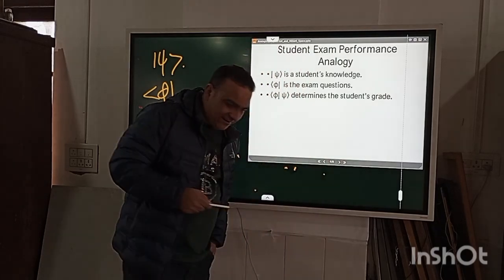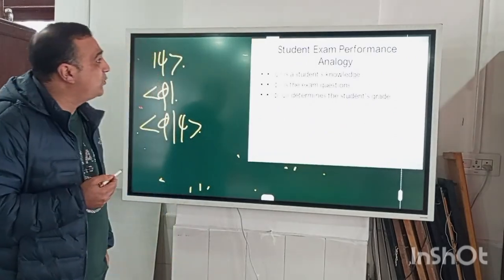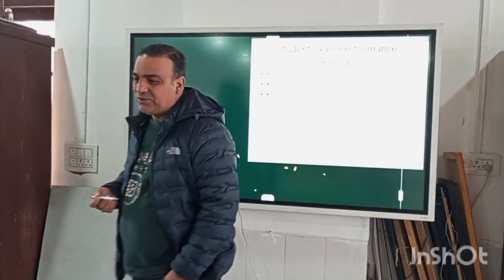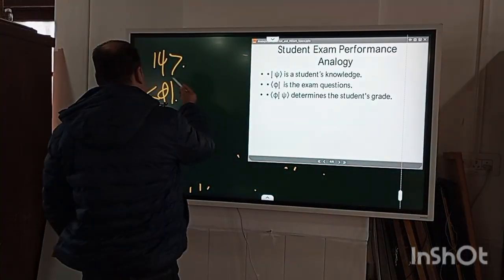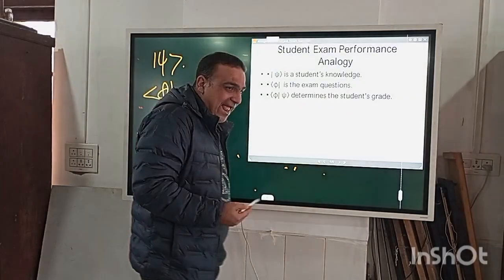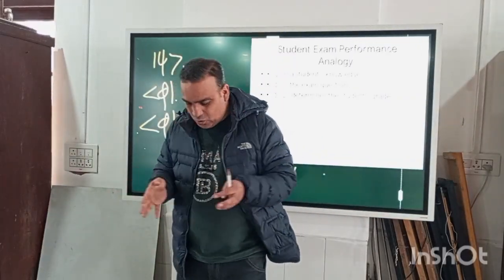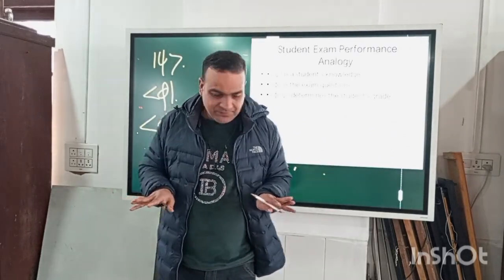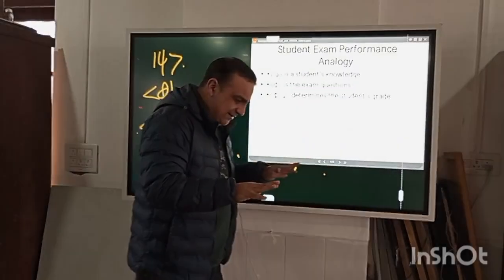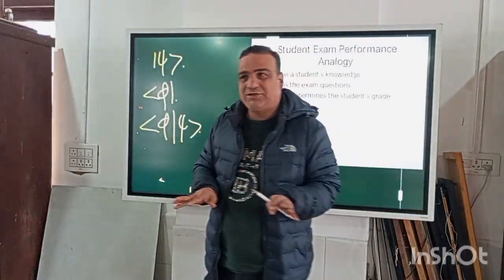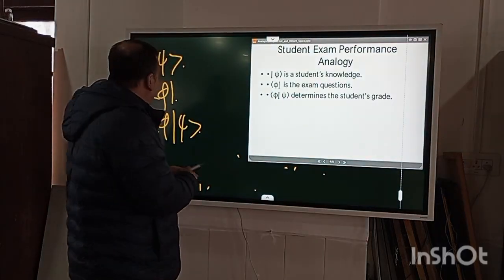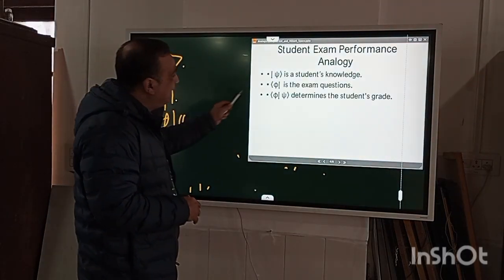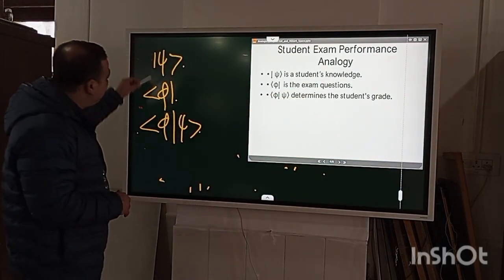Now, let's take another example. Let's take an example of a student. Suppose we have a student, and I represent the state of this student by a state psi, and certainly there has to be an examiner who will set a paper. So the student is preparing, choosing all the parameters to prepare for his examination, and then there's a person who sets the question paper for this student. Now, I take the inner product of the exam question that has been asked and the knowledge of the student, which I represent by the ket of psi,